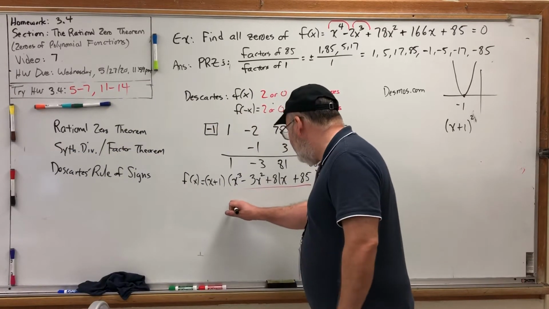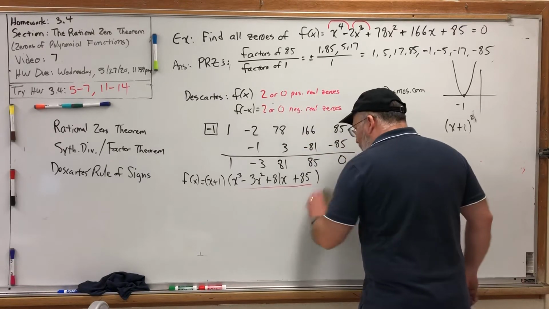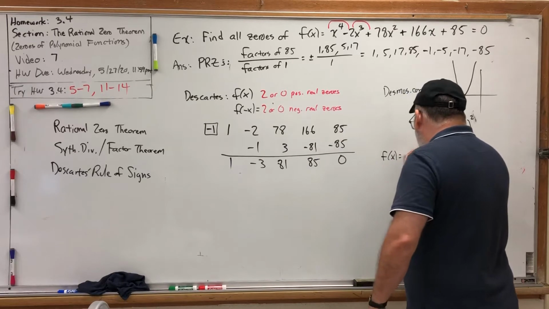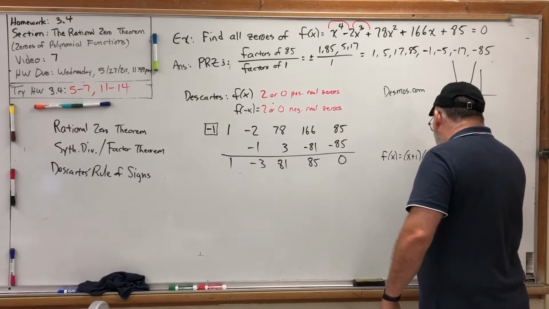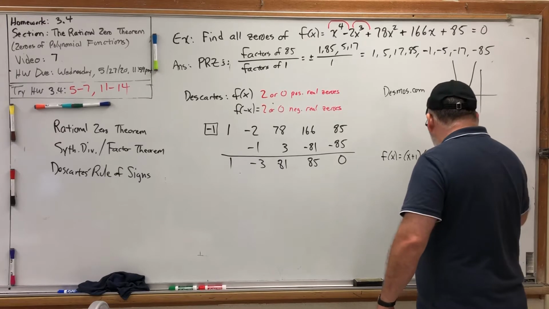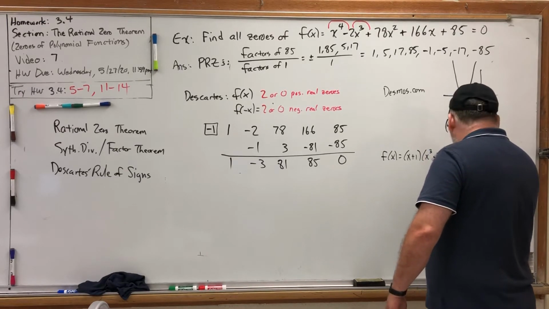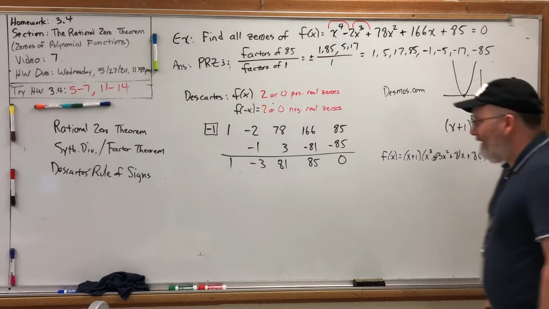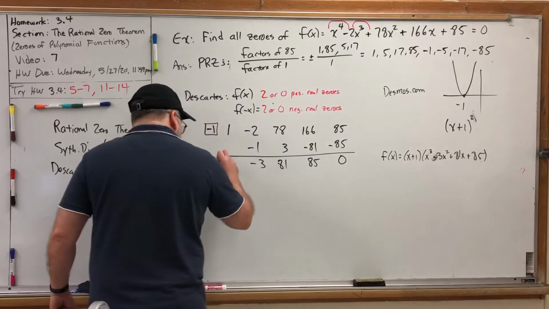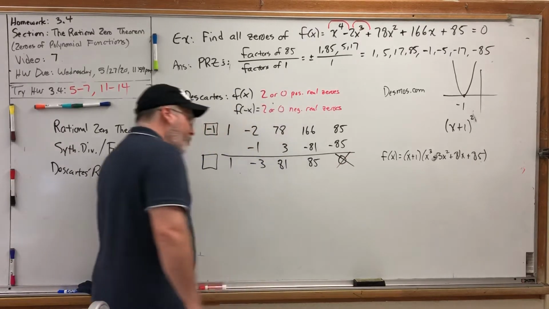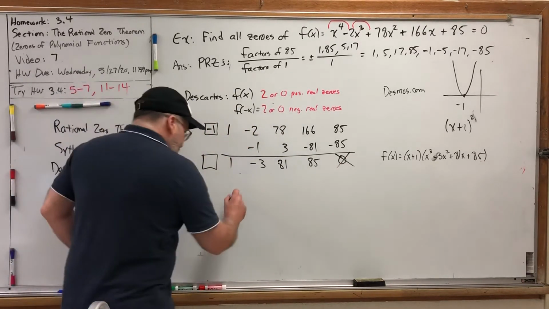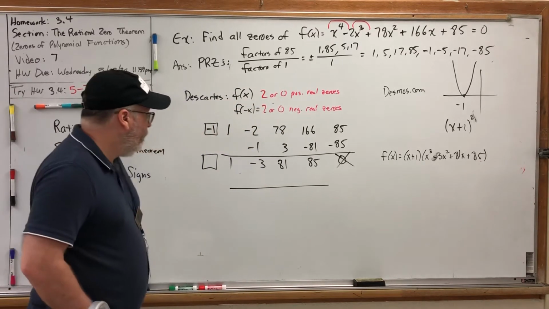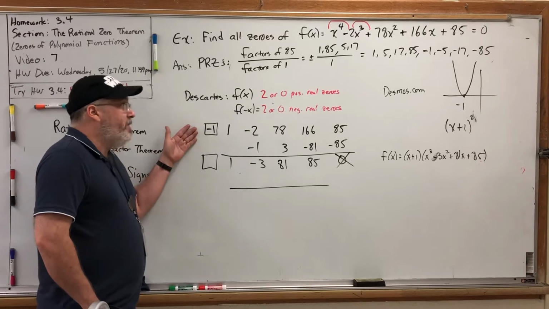So what should we use? In fact, I should have written this to the side, and I'll show you why. f of x equals x plus 1 times x to the 3rd minus 3x squared plus 81x plus 85. The reason I should write it to the side is that if I know I'm about to do another synthetic division problem, I don't need the remainder anymore. I can just pick it up from here. What should I try? Well, technically any number in the list will work, but I already have 1 negative real